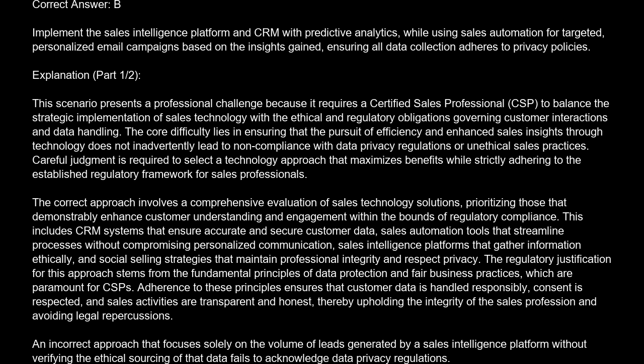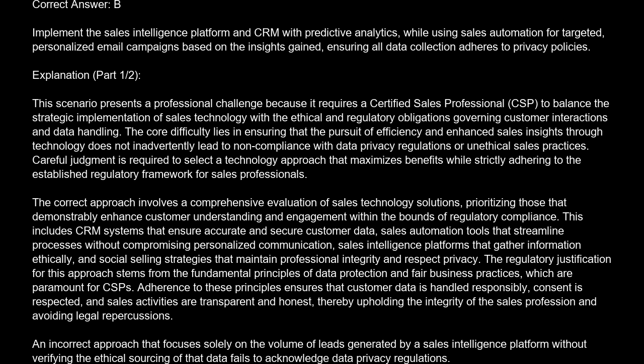Explanation. This scenario presents a professional challenge because it requires a certified sales professional, CSP, to balance the strategic implementation of sales technology with the ethical and regulatory obligations governing customer interactions and data handling. The core difficulty lies in ensuring that the pursuit of efficiency and enhanced sales insights through technology does not inadvertently lead to noncompliance with data privacy regulations or unethical sales practices. Careful judgment is required to select a technology approach that maximizes benefits while strictly adhering to the established regulatory framework